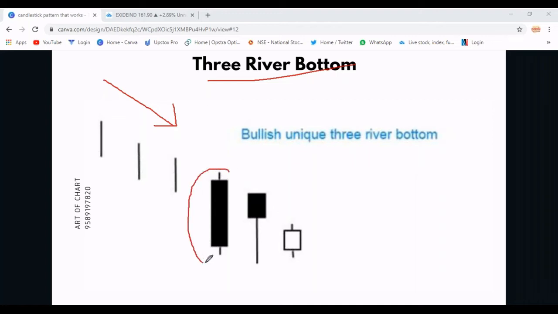There will be a big candle which will be a bearish one. It has a bearish structure. The second candle is one of the most important candles, and this is a three candle pattern. So the second candle is one of the important candles and it should be a hammer candle. This is the minimum criteria, what I would say. You will see this pattern very frequently.